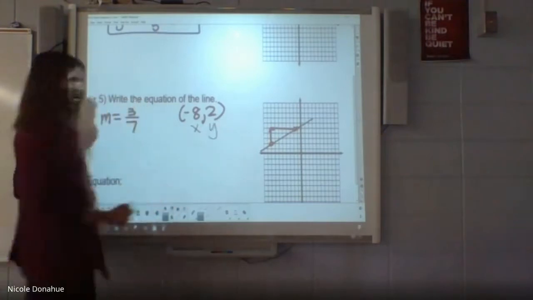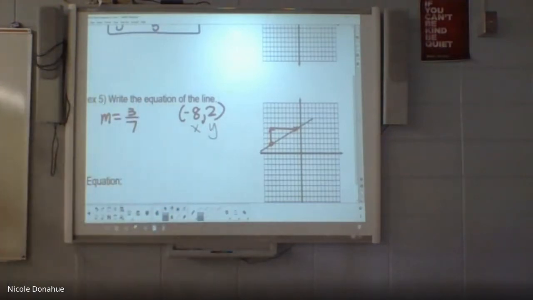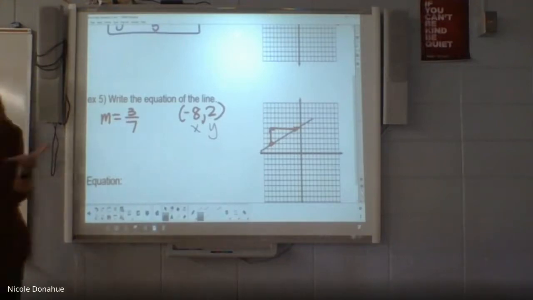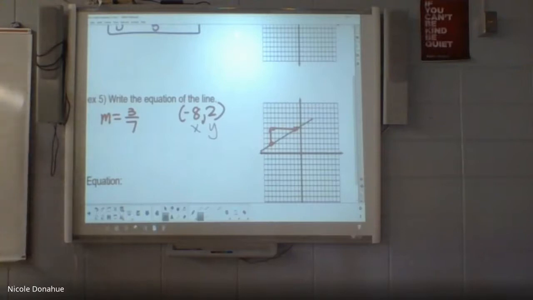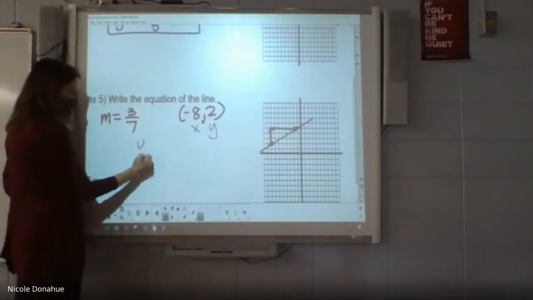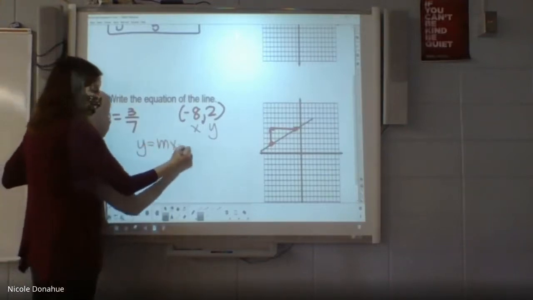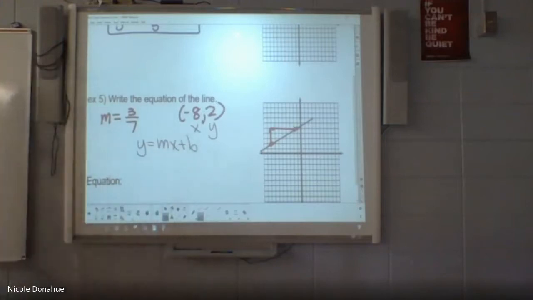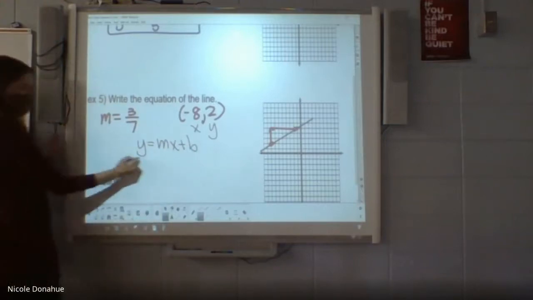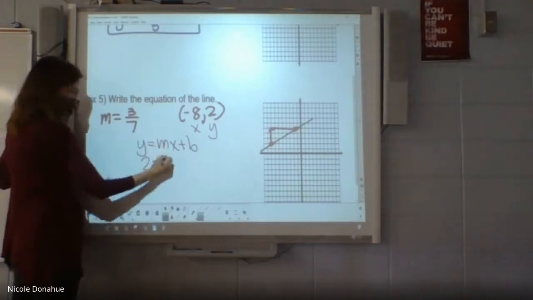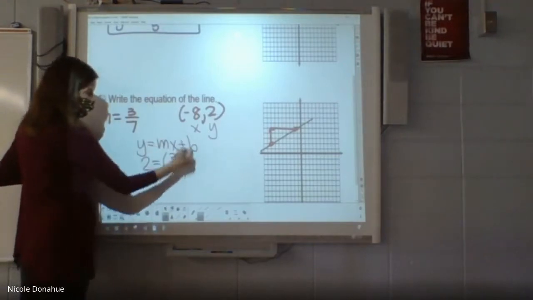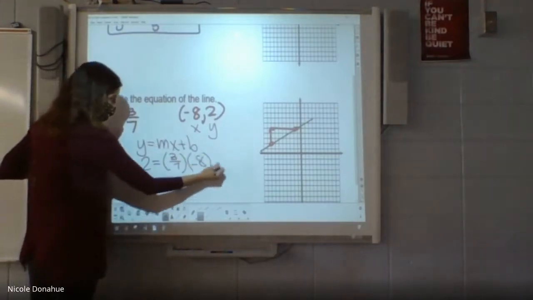This is my x and this is my y. They also gave us m. So this becomes one of those problems that we have to actually put it in and figure out the b. I'm going to tell you guys a heads up, you're probably going to need a calculator for this one. I probably would struggle to get a very exact answer without my calculator. 3/7 is not a nice fraction. So y is 2, m is 3/7, x is negative 8,